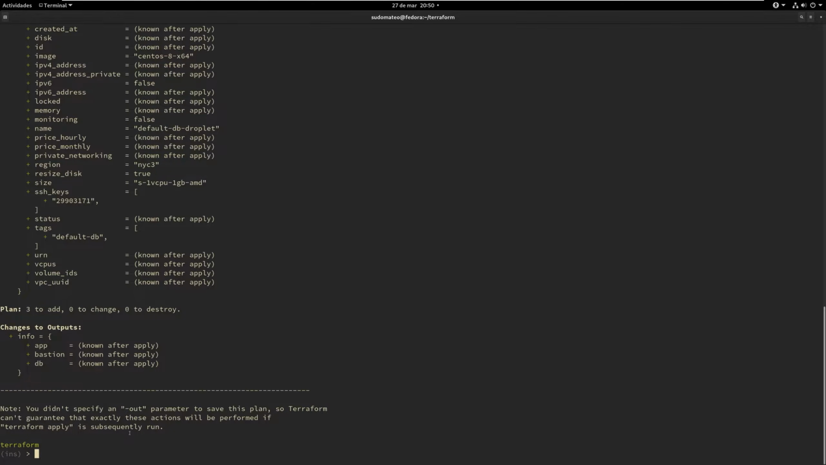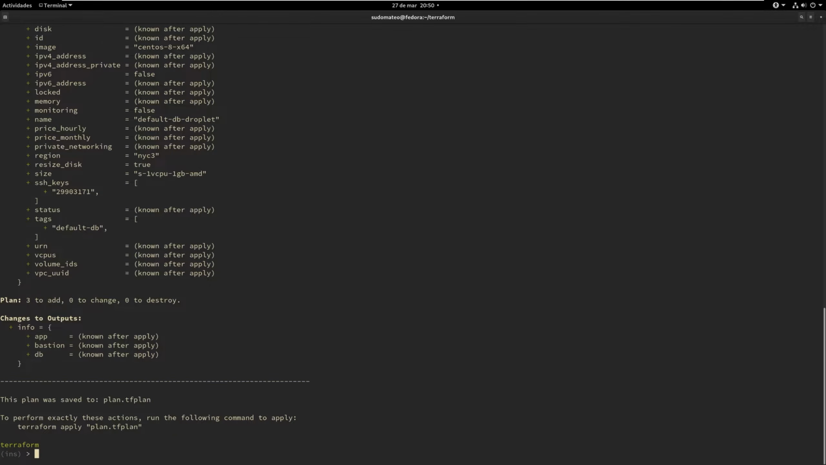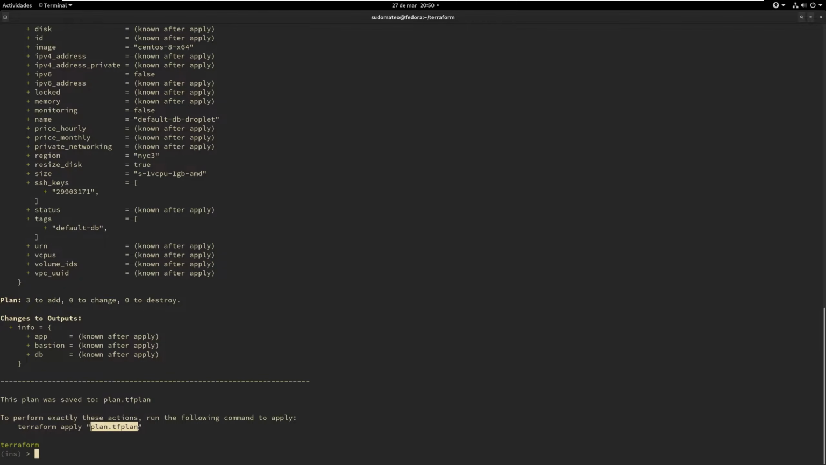However, this is why I like to cover the out parameter. If you ran terraform plan with out equals plan.tfplan, and I gave my default value, it's going to show you the plan again. It's going to say 3 to add, and so on. But it's also going to say this plan was saved to a file called plan.tfplan. To exactly perform what this plan is showing you, please run terraform apply and then point it to the plan.tfplan